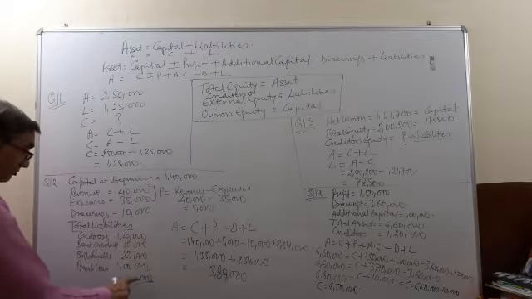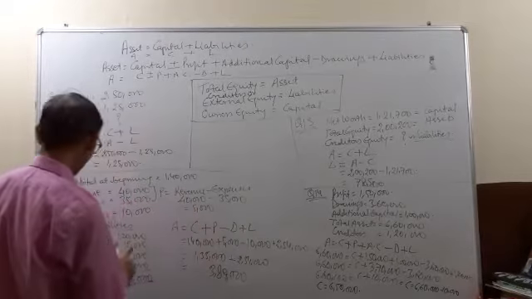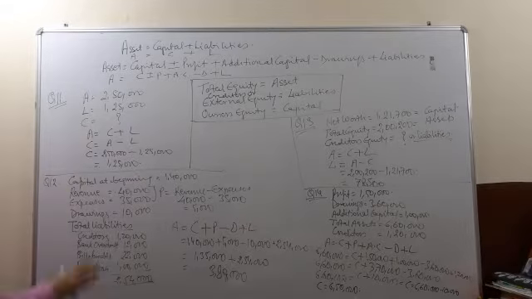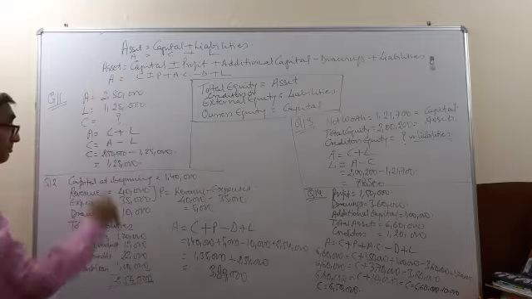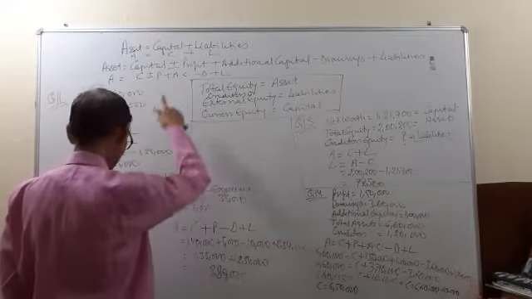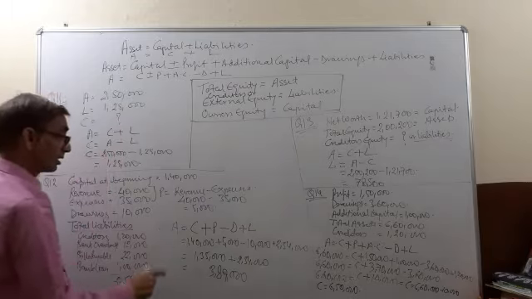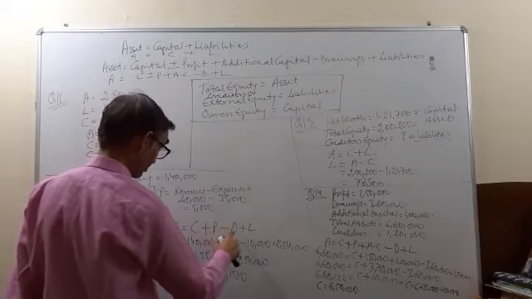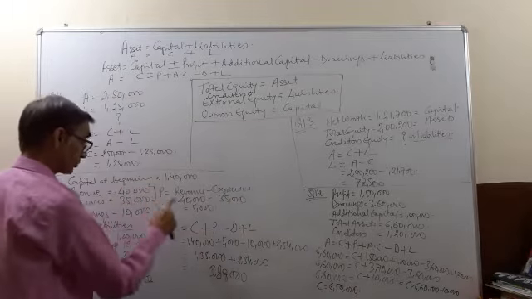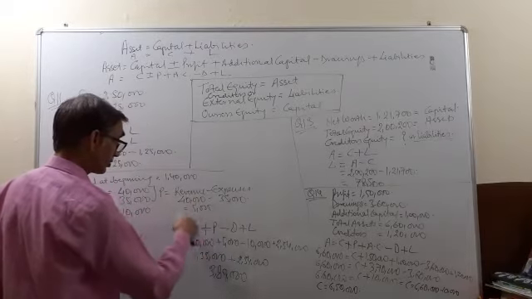Total comes to 2,54,000. Your accounting equation over here: capital is also given, profit is given, drawings is given, liabilities are given. So which equation will be used? The second one. So asset is equal to capital plus profit. In this question, additional capital is not given anywhere, so we will not take it. What is left? Drawings, which will be deducted, and liabilities, which will be added. Your capital at the beginning was 1,40,000. Your profit is 5,000 that you have calculated over here.